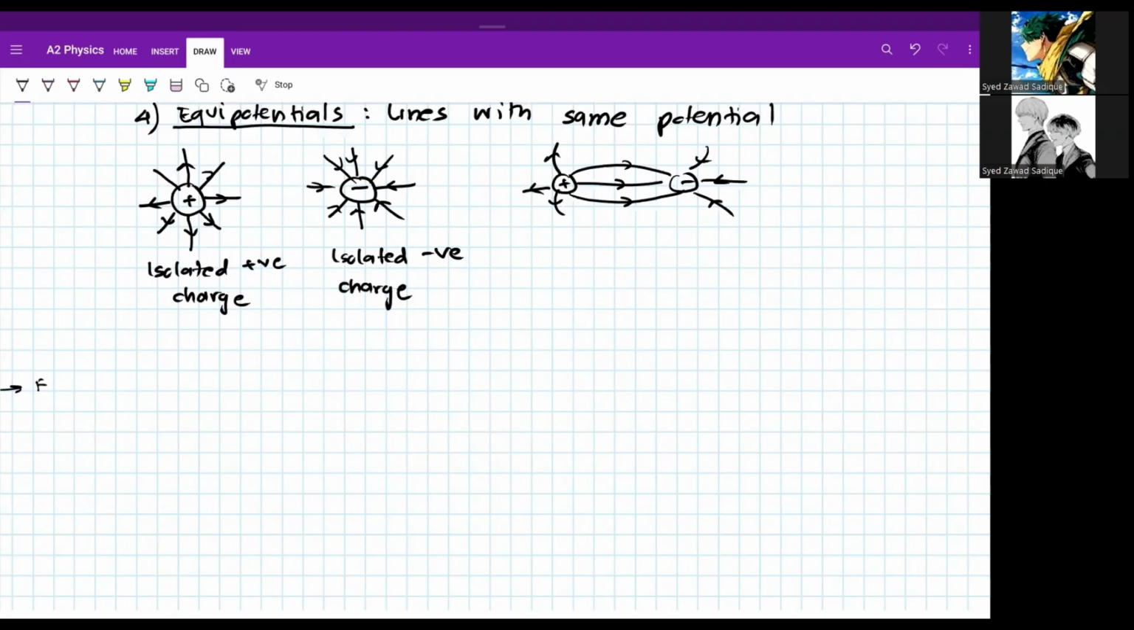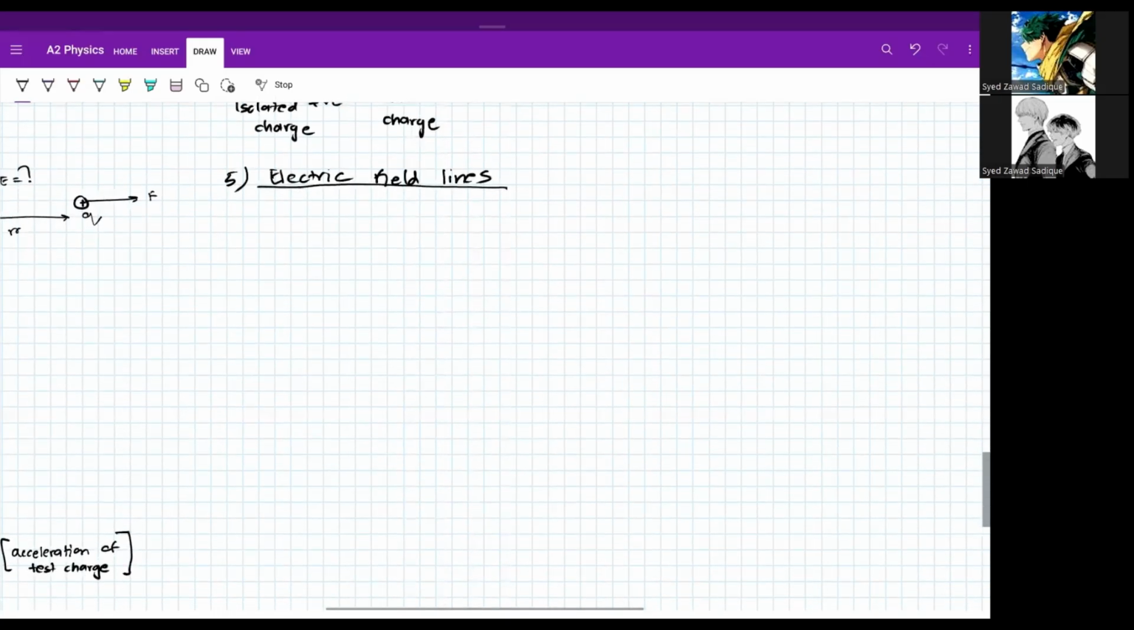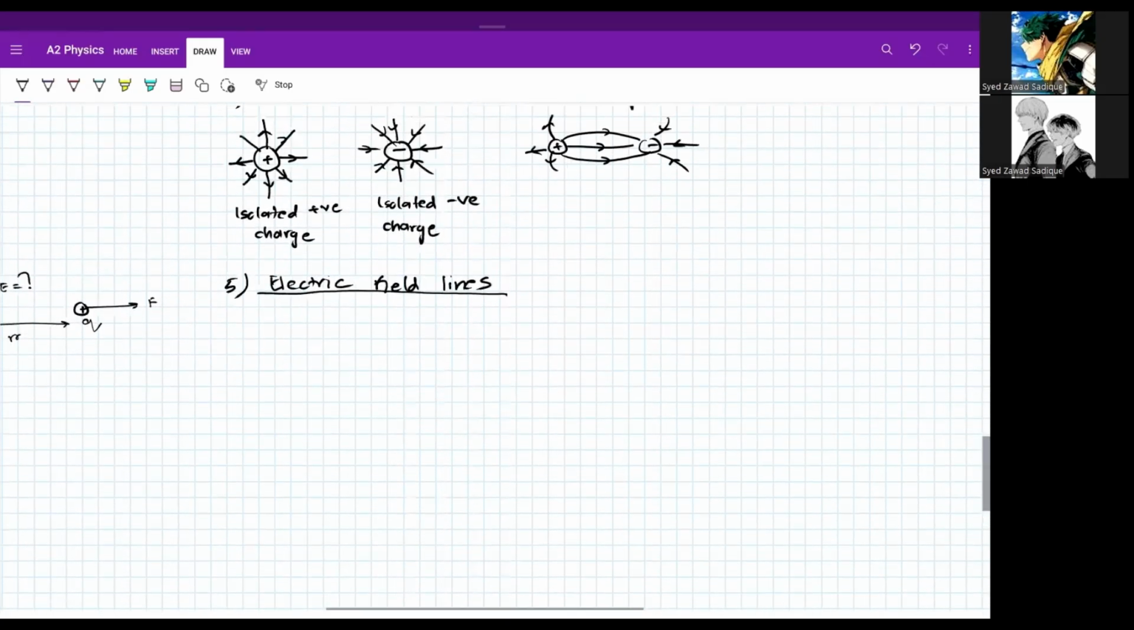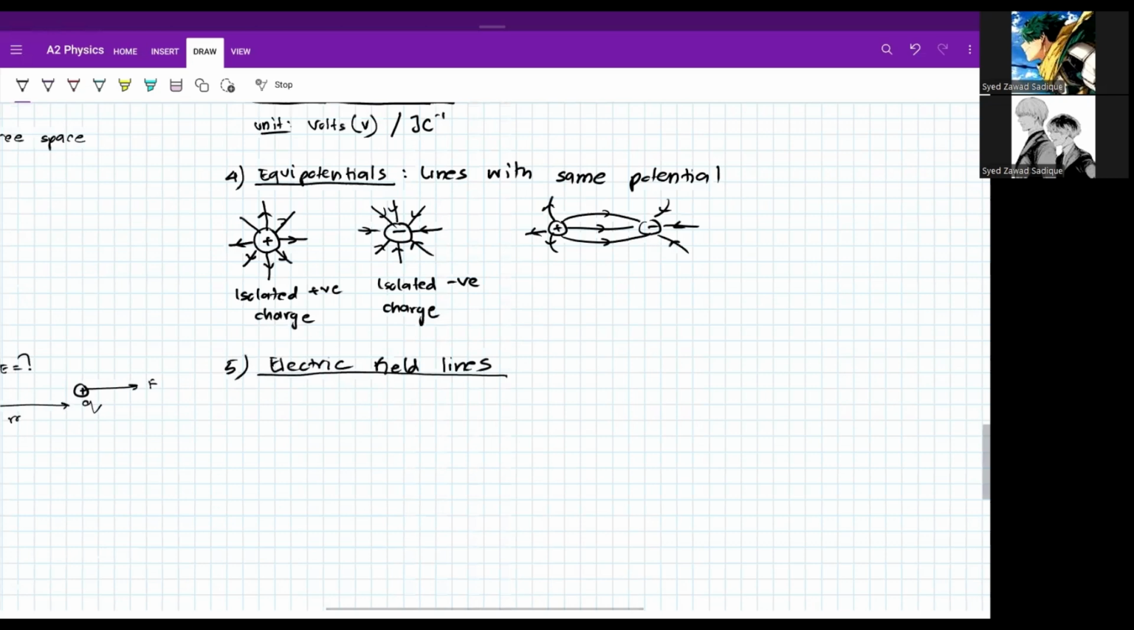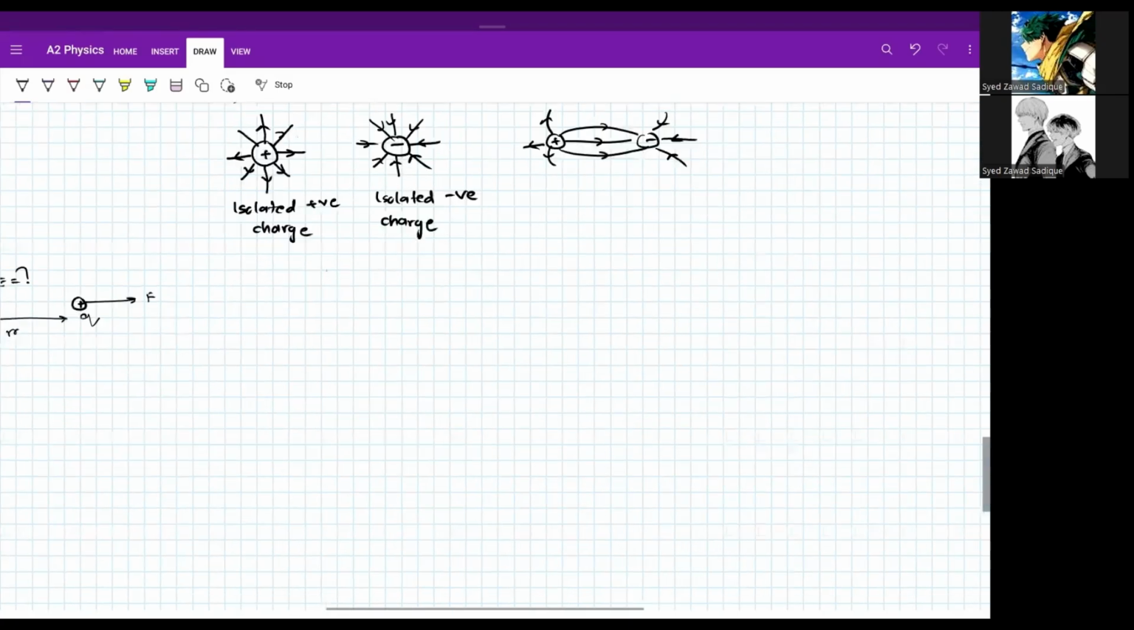Nice. Okay. Then we have concept five, electric field lines. Electric field lines are, oh wait, I made a mistake. Sorry, guys, the mistake was, this is electric field lines. Okay, yeah, I just messed it up. And five,